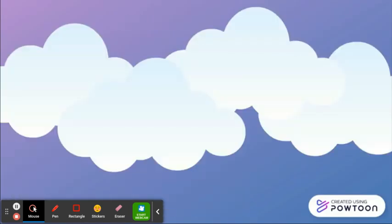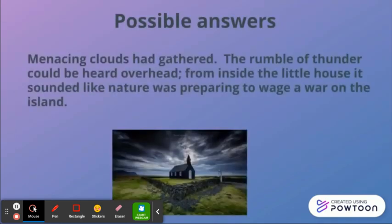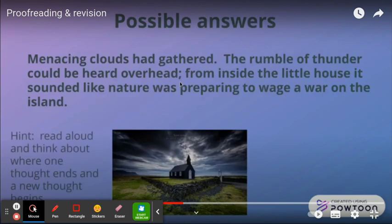Perhaps you used punctuation slightly differently. So here's a more challenging alternative. There's just the use of a higher level punctuation mark. Menacing clouds had gathered. The rumble of thunder could be heard overhead. Now we've got a semicolon. Okay, why is the semicolon there? Well, you've got the rumble of thunder could be heard overhead, which is one complete thought. And before, we'd put a full